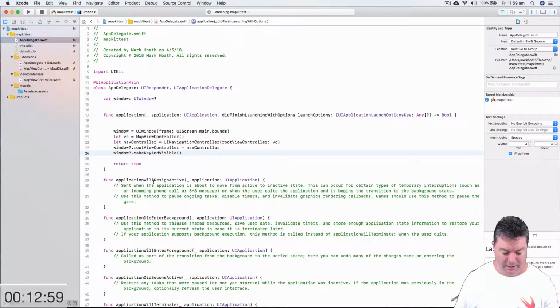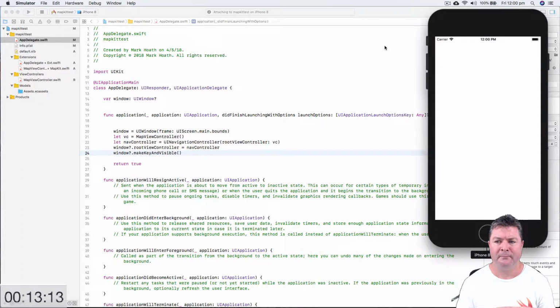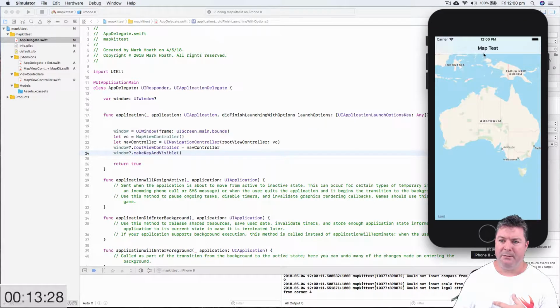Oh, it's launching away. There it is. Now, I'm not quite sure what's going to happen here, but okay, there you go. So we've got our map, which looks great, and we've got our navigation title, and there's